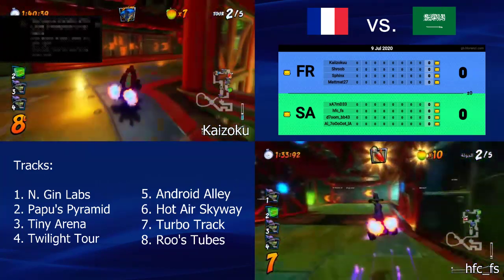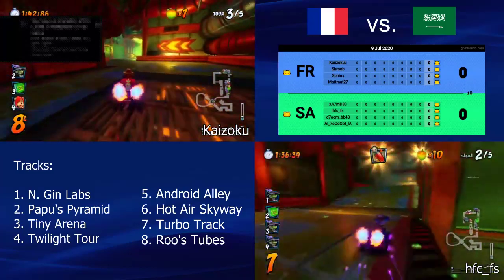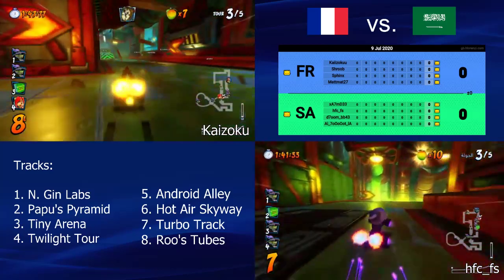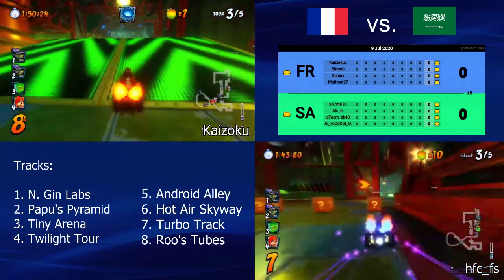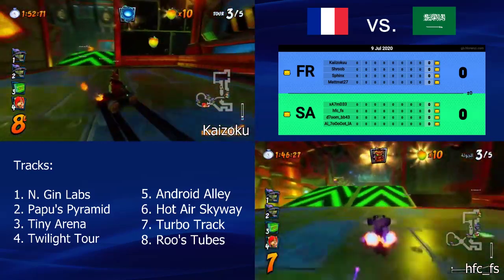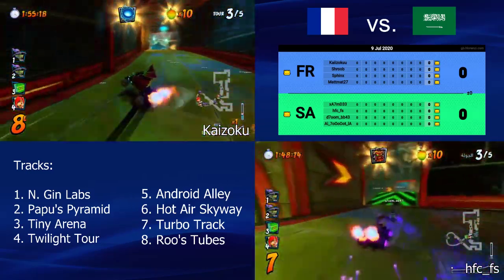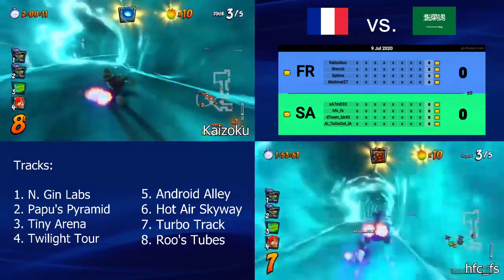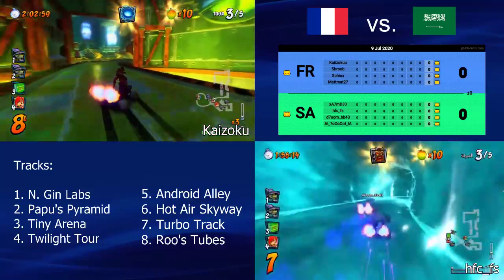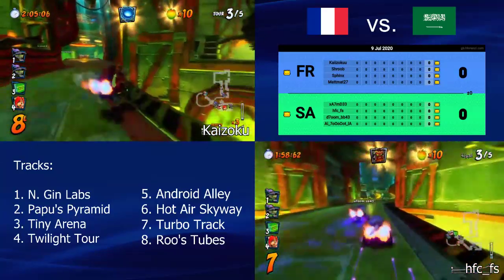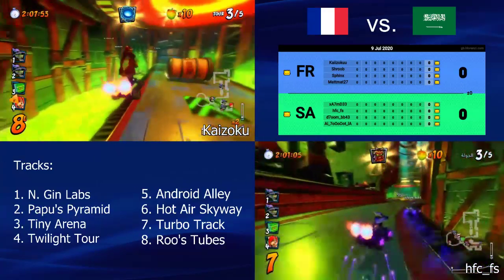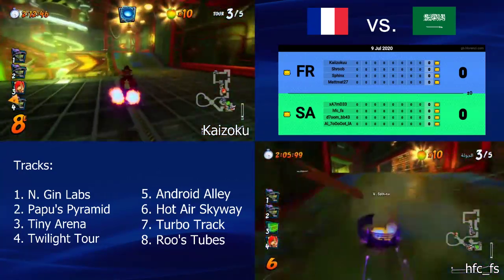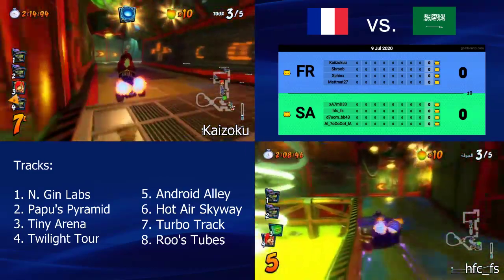But I can imagine HFC trying to stay behind kinda intentionally, because I've seen HFC do that a couple times. He basically stays behind, tries to keep the players in the back, and lets his teammates do the front running, especially people like Alhoud and Ahmed, who are really good at front running. He would stay intentionally behind only to keep the opponents behind as well. So I guess that would be the strategy at this point. That could be the case.